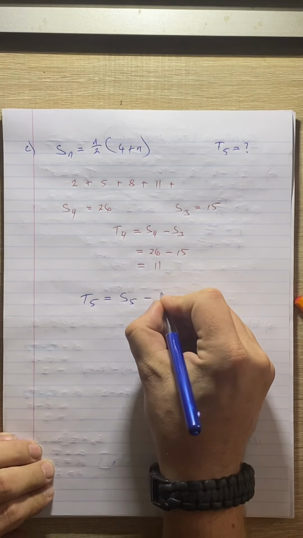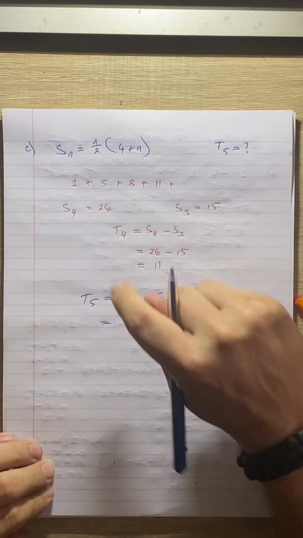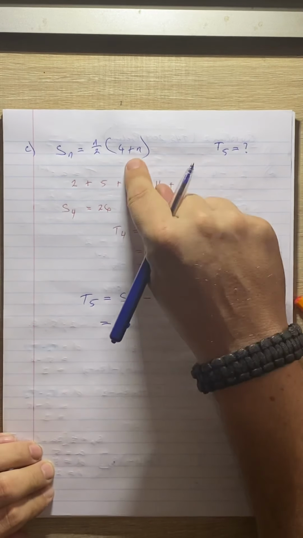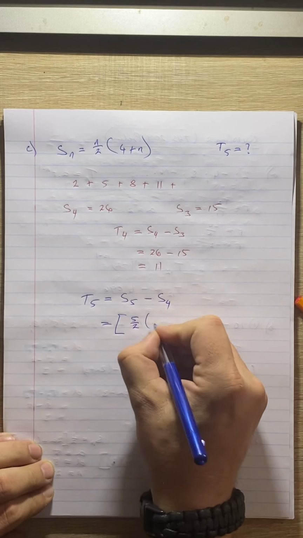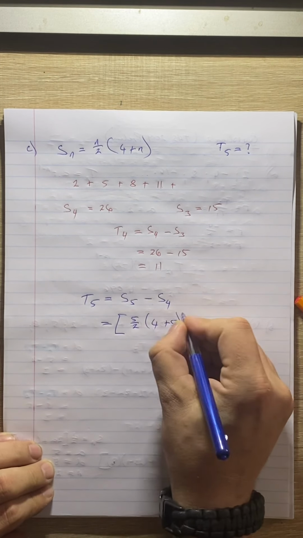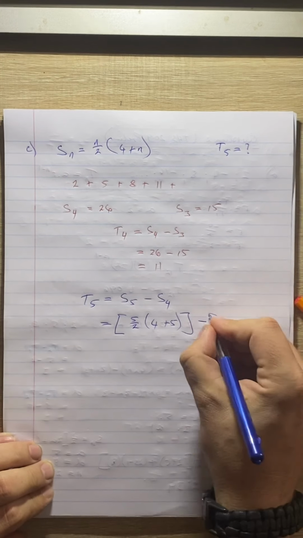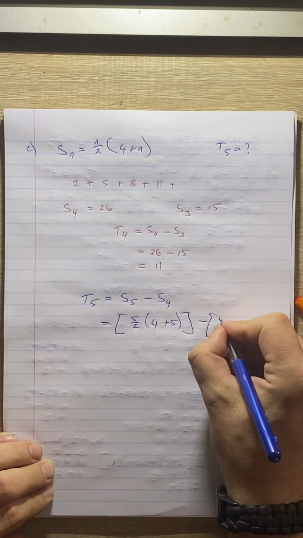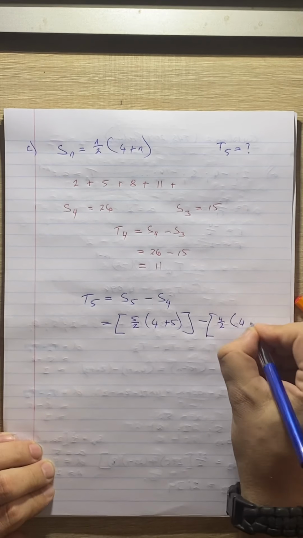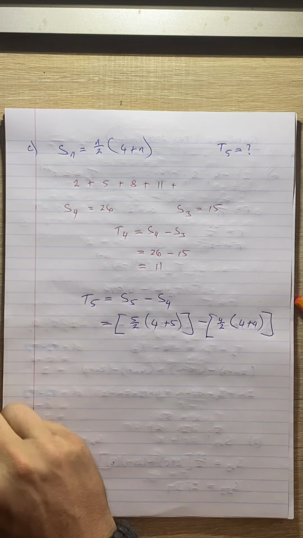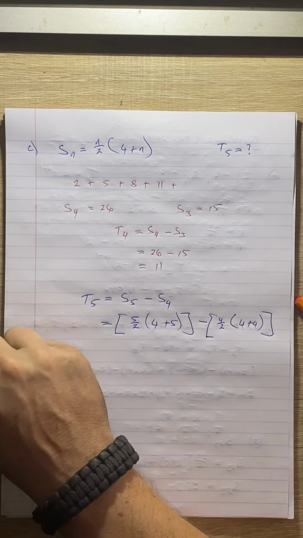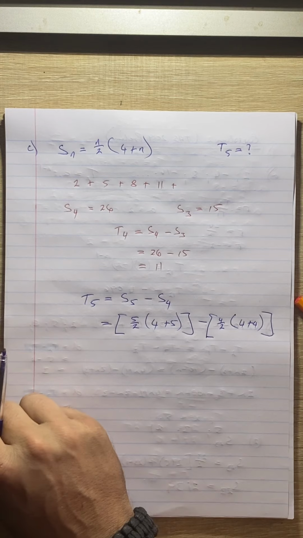Okay, and we have an expression or a formula to work out the sum of 5 terms and for 4 for this sequence or this series. So I'm just going to plug in 5 in here, and we get 5 over 2, 4 plus 5. So that is the sum of 5 minus the sum of 4 would be 4 over 2, 4 plus 4. Okay, you can just slap this whole thing in the calculator, and we get 5 over 2 times 9